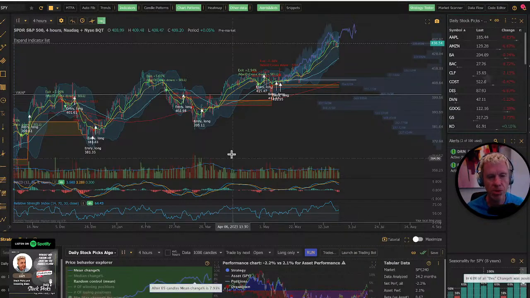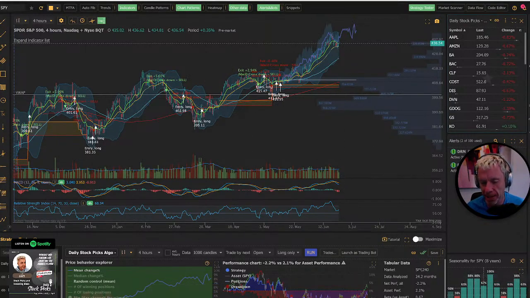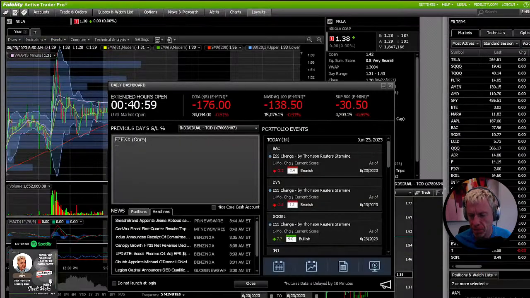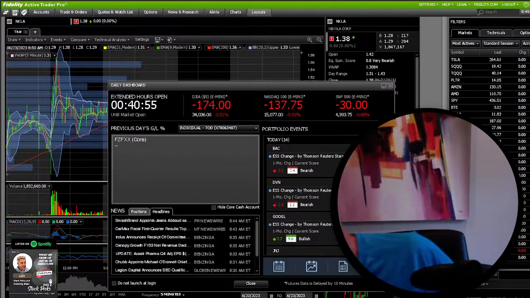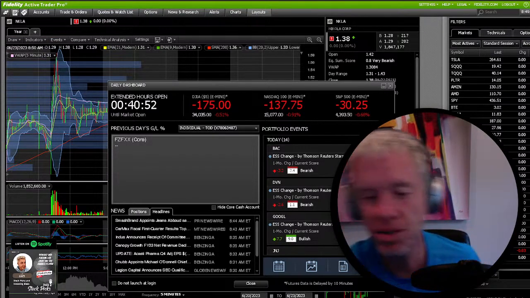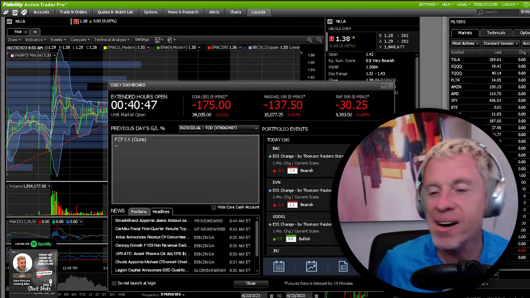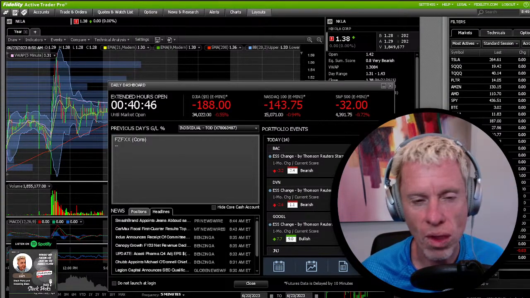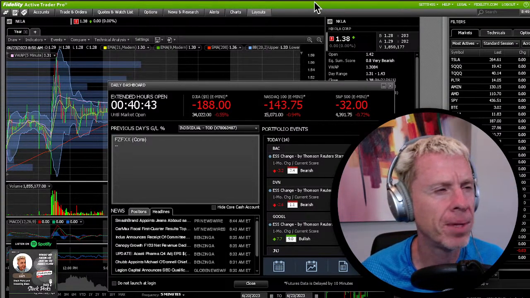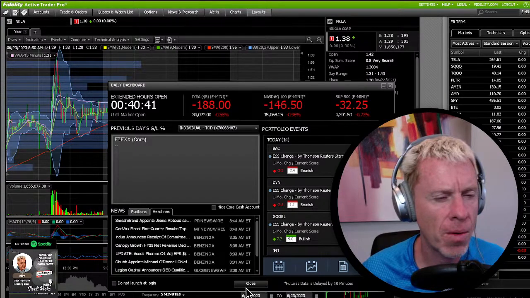Then we're going to go over to, let me make sure Big Cam is on. We're going to go to Active Trader Pro, and properties. There is Active Trader Pro. I want to make sure the Big Cam is on. Oh, okay, I got to turn on my light. This is the difference when the light goes on. Boom. Now you can see your boy. Let's go to Active Trader Pro. I'm going to move that up there.